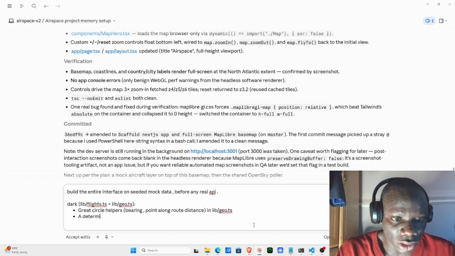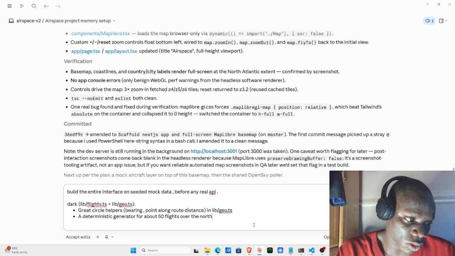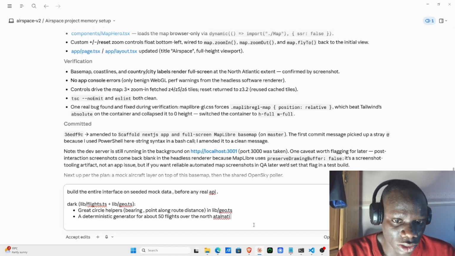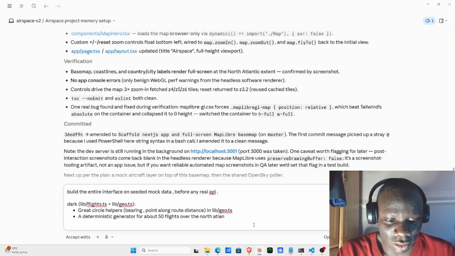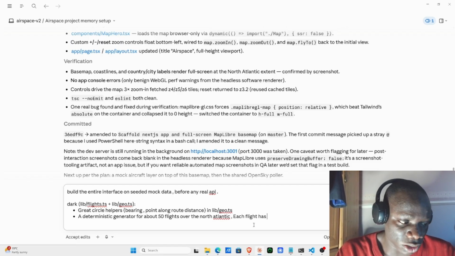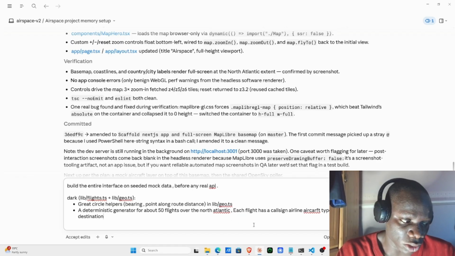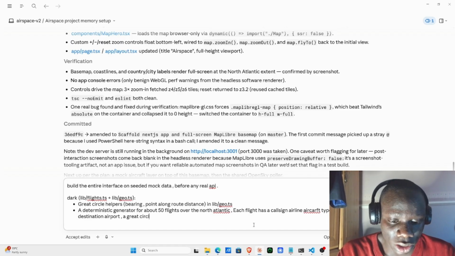A deterministic generator for about 50 flights over the North Atlantic. Each flight has a call sign, airline, aircraft type, origin and destination airports, a great circle route,